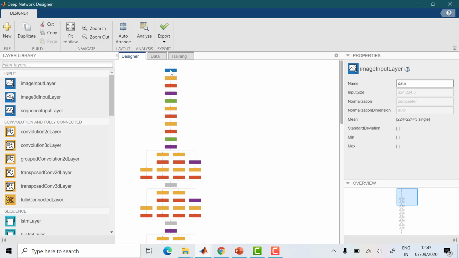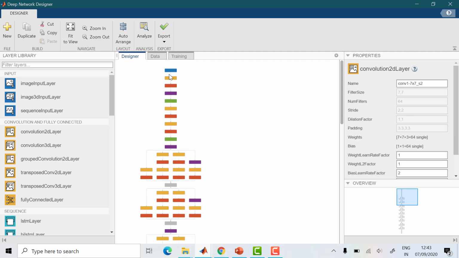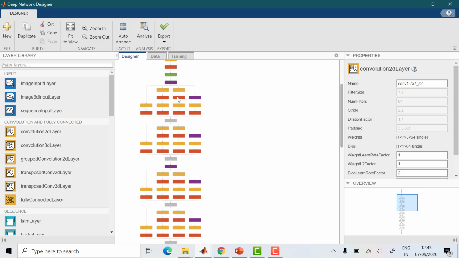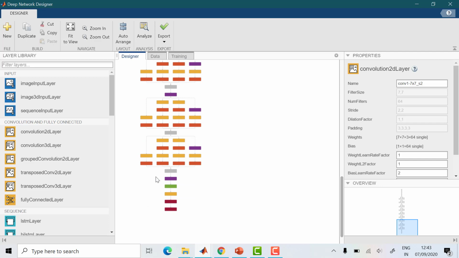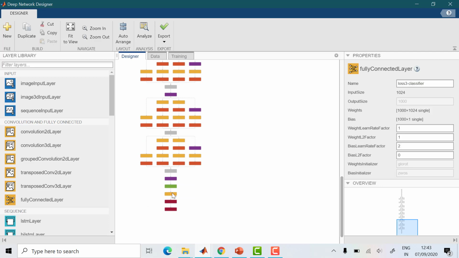So once the image input layer is fine, go down. You can see here, you have to change the fully connected layer. Last but three, you have the fully connected layer.